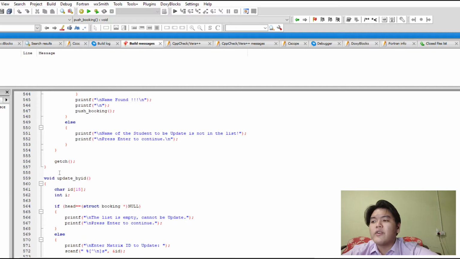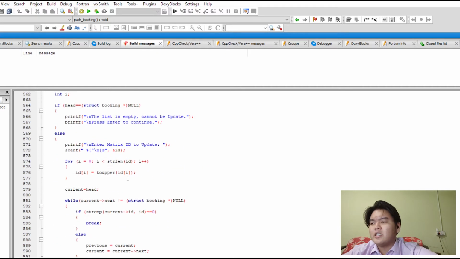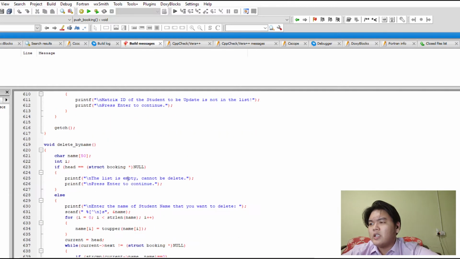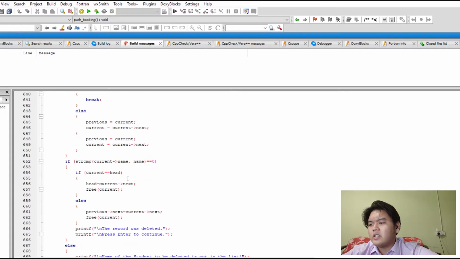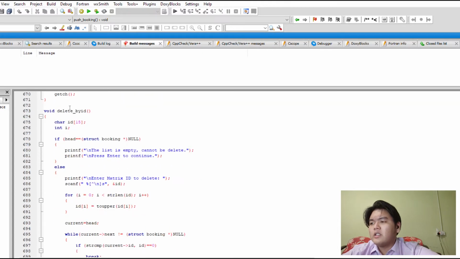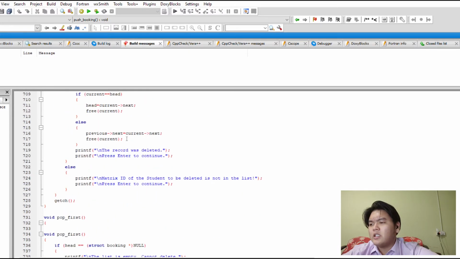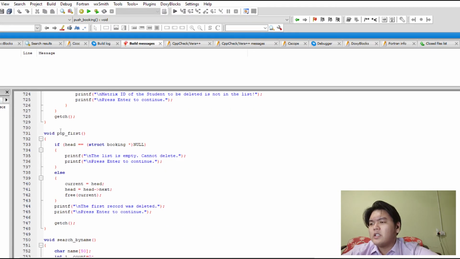This is the update function by ID. This is the delete function by ID. And this is the pop function, which deletes the first.